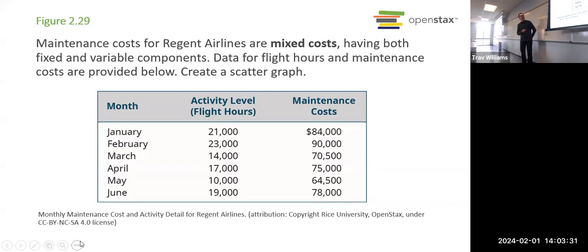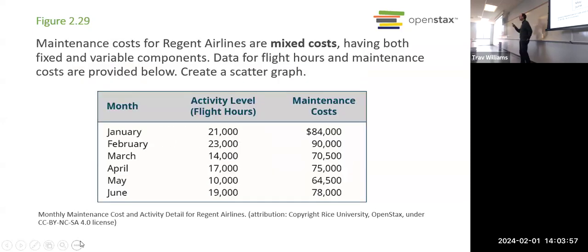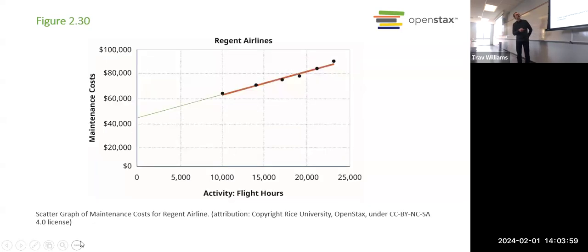What is our highest month of either activity or costs? February, okay, February, and the lowest month is May. Okay, so what we need is the costs and the activity level for each of those 2 months. Then what we're going to do is there's a formula we plug them into. Oh, okay, we're not there yet. That we'll get to in a little bit. Okay, this is a scatter graph.